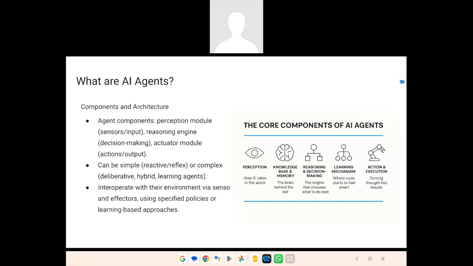And then the knowledge base and memory. It stores the perceived environment in memory. And then we have the brain, which is nothing but the storage medium where it stores the data. And then we have the reasoning engine, which is our LLM.